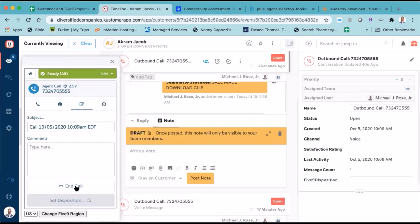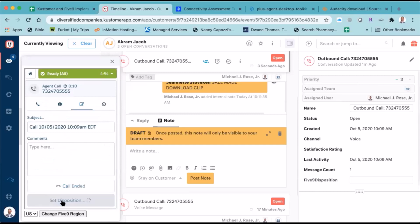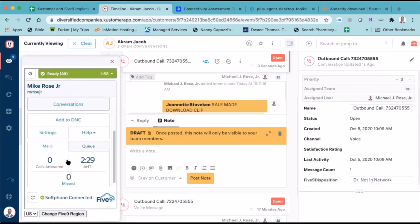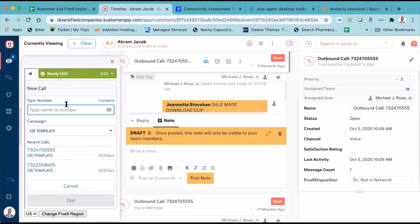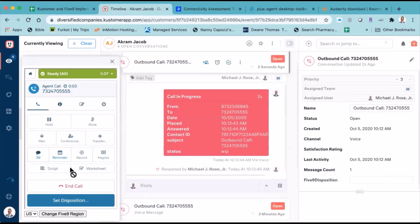So we'll just end the call here. Once again, it reminds me I can't do anything until I set the disposition. It's taking care of that process, and we'll say that that call was Doctor Not a Network, enter a transaction. I will, Akram, do one more, please. I'm sorry, I just realized when I went through that, I didn't go through the dispositions, and I think we're pretty much good at that point, unless you have any